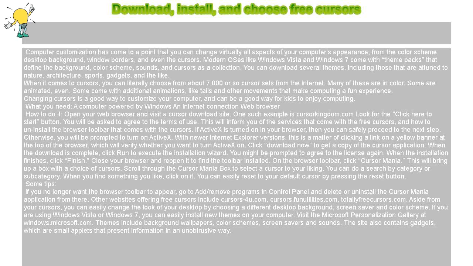Aside from your cursors, you can easily change the look of your desktop by choosing a different desktop background, screensaver, and color scheme. If you are using Windows Vista or Windows 7, you can easily install new themes on your computer. Visit the Microsoft Personalization Gallery at